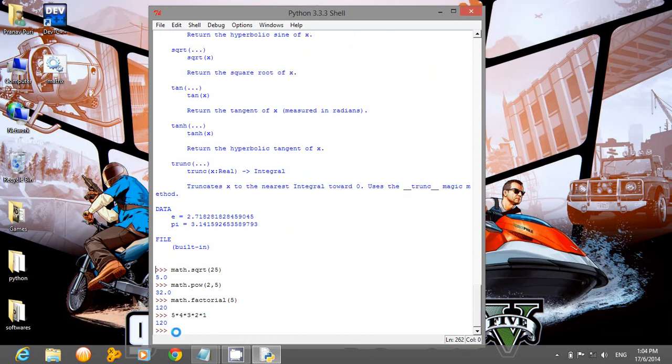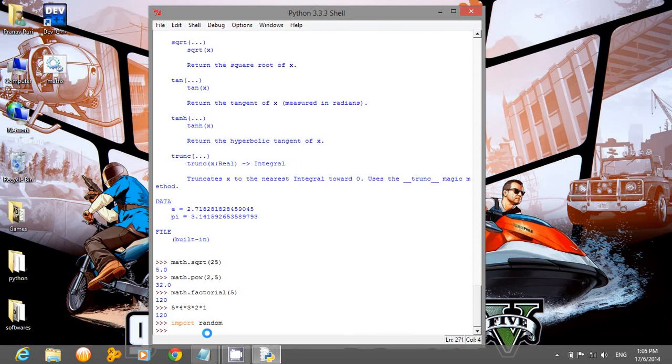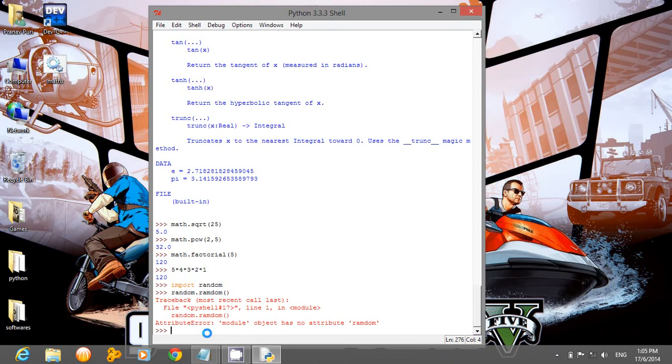And one more thing I will tell is the module known as random. You can generate random numbers from it. Import random, and for generating random numbers from 0 to 1, I will use random.random() with empty arguments.